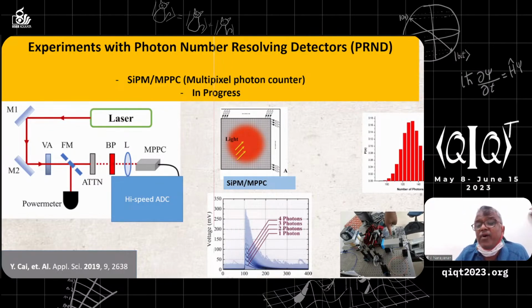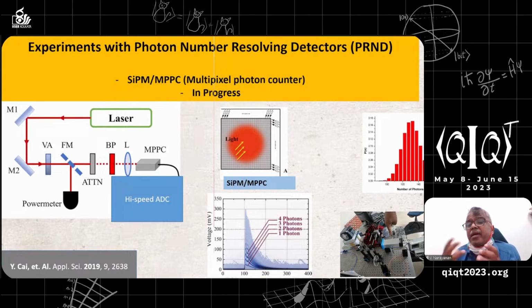When photons fall on any one or many of them, it will give you an output, and the output is proportional to the number of photons. You can see here at the bottom. Depending upon the output voltage produced at the output of this SiPM, one can correlate the number of photons in. But of course, one has to be very, very careful, because